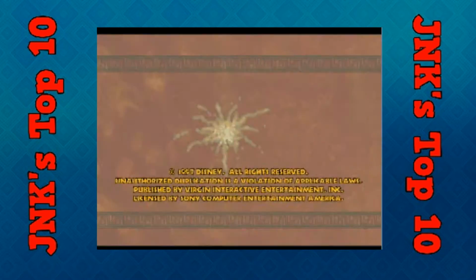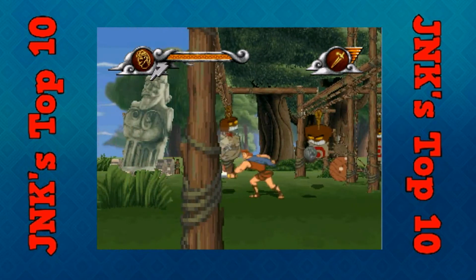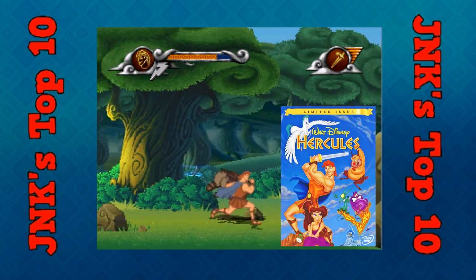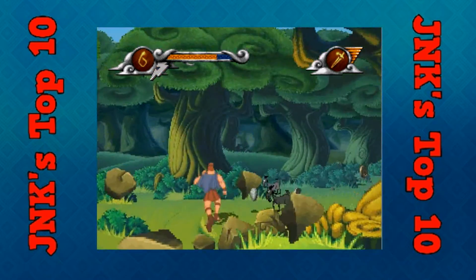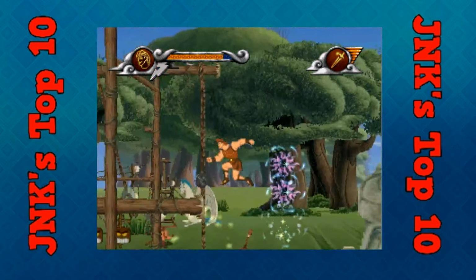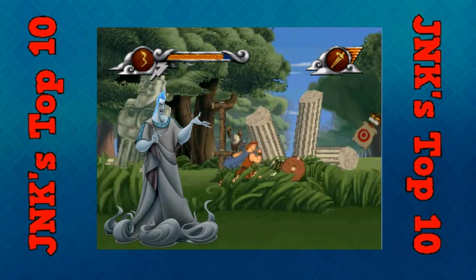The number 5 spot is taken by Disney's Hercules. Developed by Eurocom and released in Europe in November 1997. The game follows the same storyline as the animated film. Hercules, son of Zeus, is stripped of his godhood and must prove that he is a true hero in order to regain his immortality. Hercules must pass several tasks and defeat many villains, and at the end face Hades, ruler